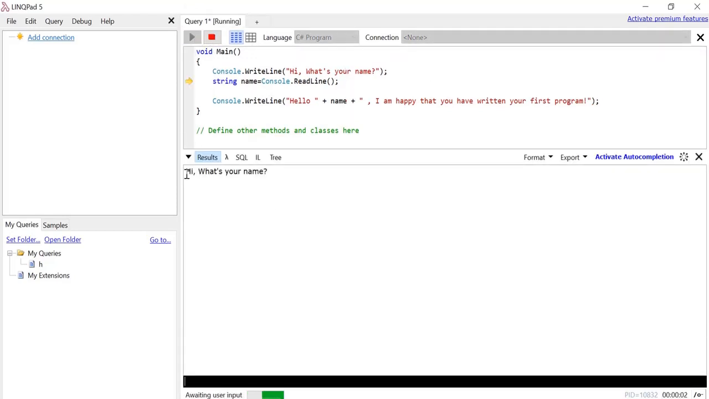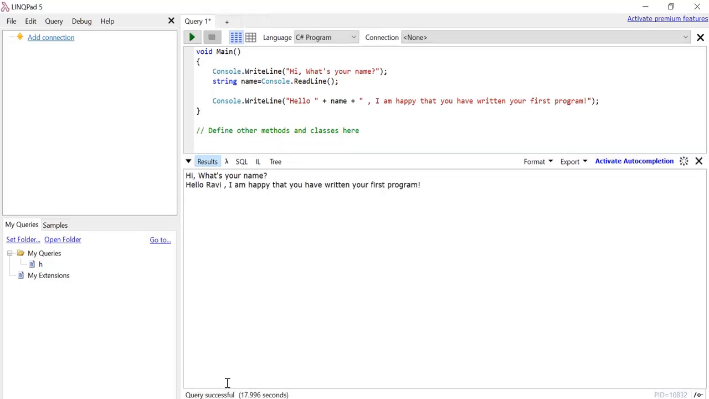Okay, so it is asking for, hi, what's your name? In the bottom, the black screen is coming up. You have to provide your input here. Below that, awaiting user input is written. So I am writing my name, hi, Ravi. Let's press enter. The second line is coming up, hello Ravi, I am happy that you have written your first